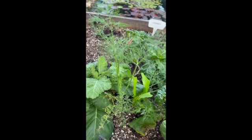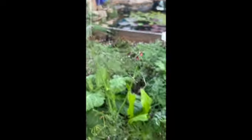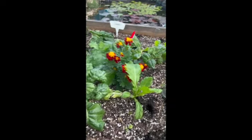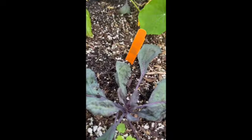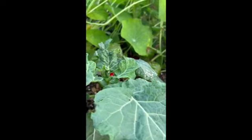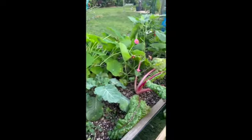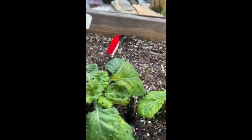This garden bed was showing signs of distress. All the plants that were put in here in mid-October, like all of our other garden beds, were very distressed. That's mustard greens, red cabbage, oregano, and broccoli, and nasturtium in the back, but everything in this bed did not do well. You can see the plants look as if they're dying, so it appears that there's a problem